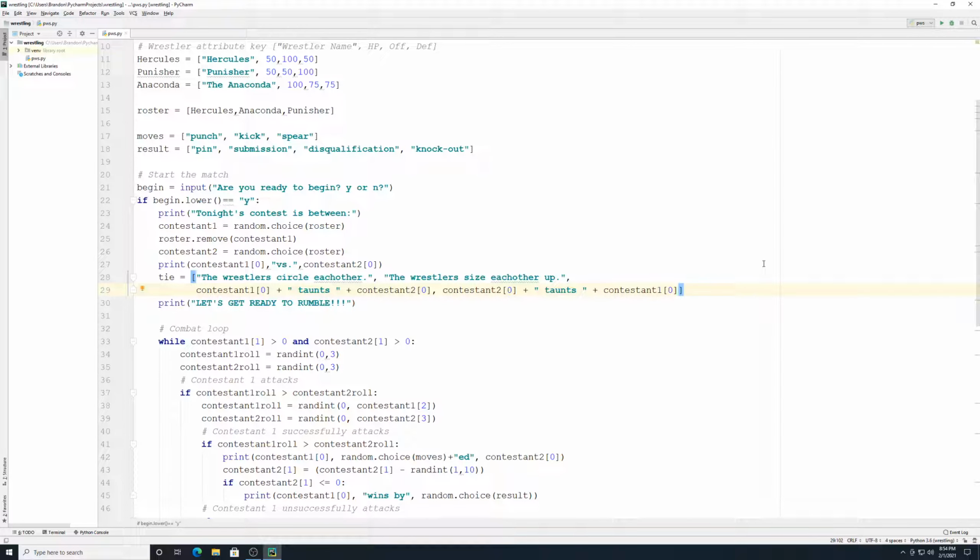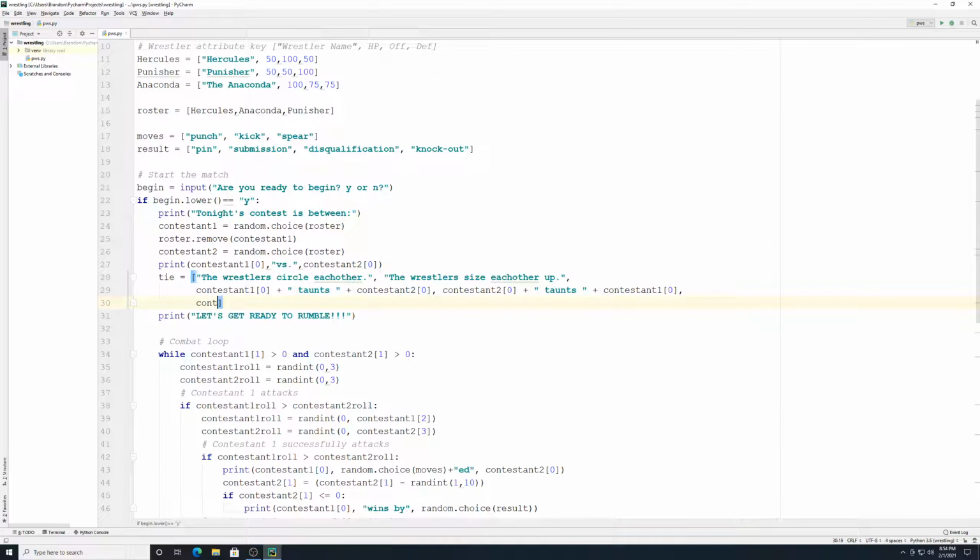I did think of a few other things to add to this, something like saying contestant 1 0 plus gets distracted,